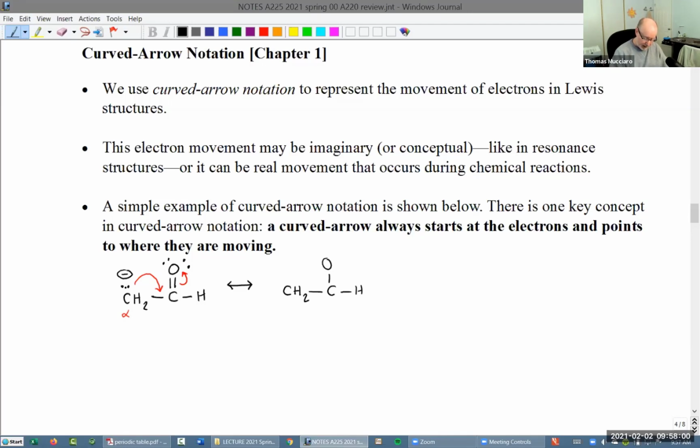So if I take this pair of electrons and move it here in between these two atoms, I get a double bond there, right? I already had a pair of electrons. When I lay a second pair on top of it, it's an extra line. The other thing is that, do you notice this pair of electrons that was over the carbon is now gone because it's between the two atoms. When I take this pair of electrons and move it out,